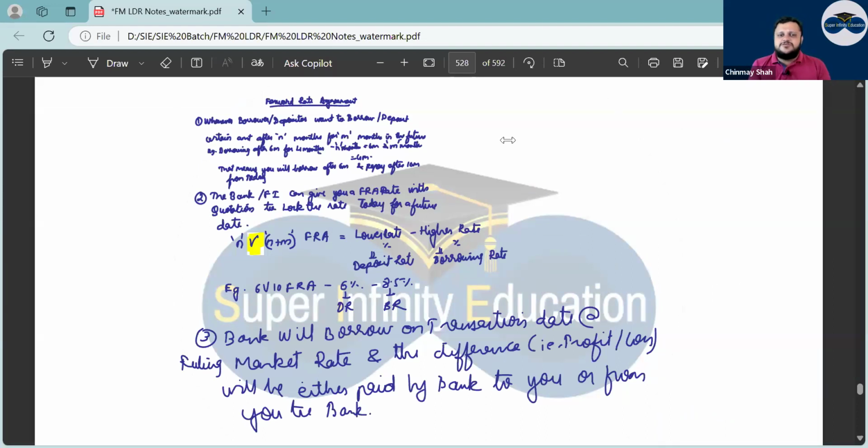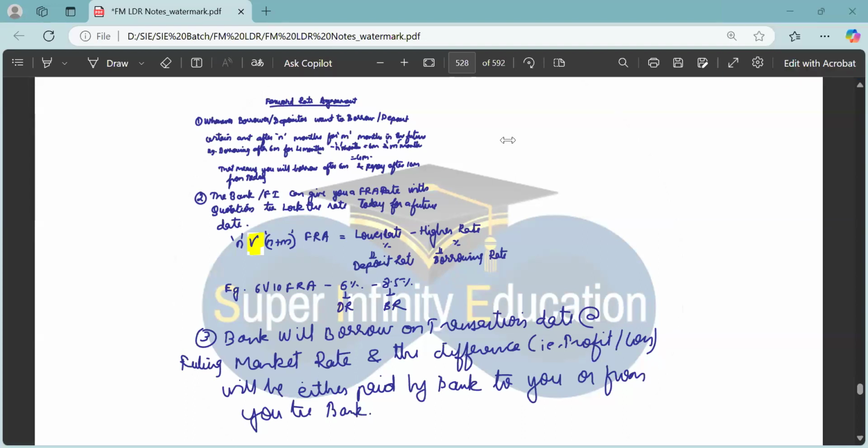When a borrower or depositor wants to borrow or deposit a certain amount after n months for n months, say after 2 months for 5 months, a concept in the future, you use a forward rate agreement. You only decide today the rate of borrowing after n months. Now tell me, on the date of the transaction, when the actual borrowing or depositing should happen, will it happen at the FRA rate or at the market rate?